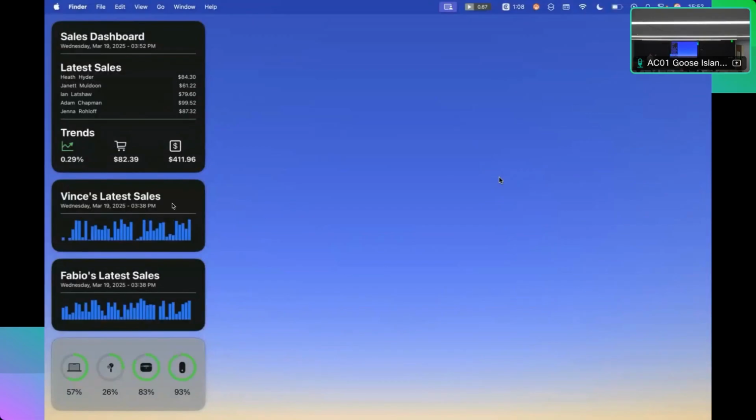The widgets can live on the desktop as well. And you can pass in a parameter. These are the same widget. They just have a different parameter that I'm passing in to get Fabio's sales and my sales. So you can have a whole slew of different widgets, almost like a control center if you wish.